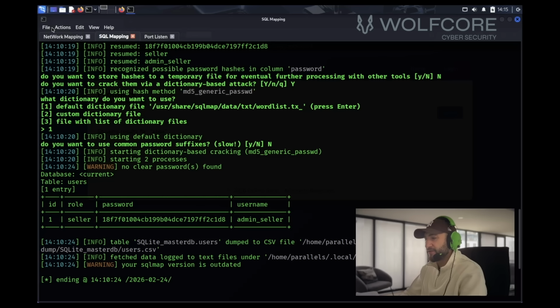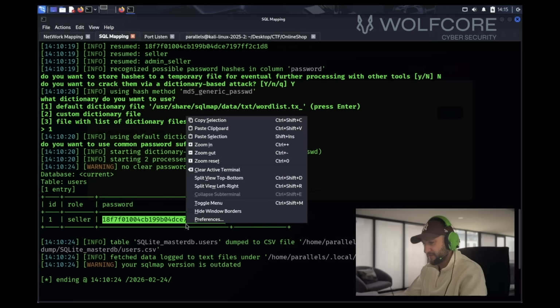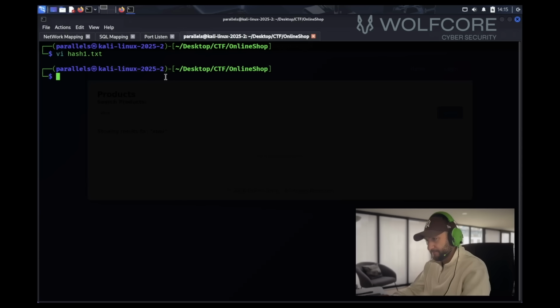So I'm going to do File, New Terminal, and I'm going to do vi hash1.txt, and gonna save that here, and then go back to here, copy this, move over to here, and I'm gonna paste it, save it, and once that's saved, my next